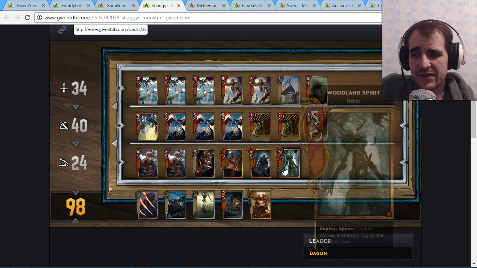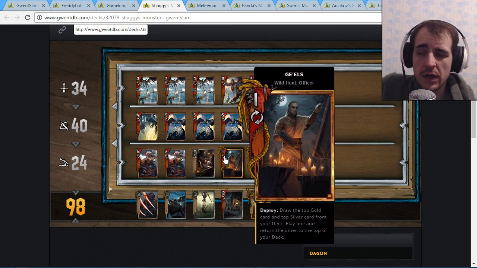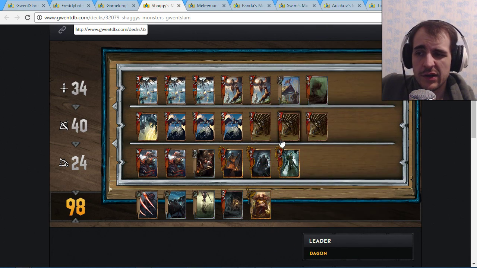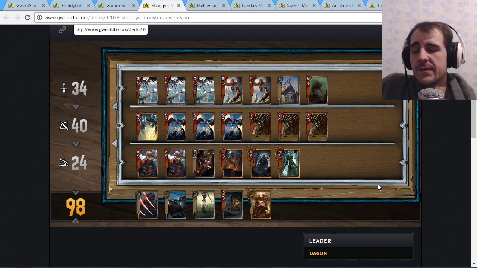Because you just Gals out Woodland Spirit. You're actually gonna get less value because Gals is only a 1. But Gals can also draw into Silvers. Whatever that is worth. Also, Shaggy seemed to prefer this Lacerate. And I can't disagree with that one. I guess you can get good value from Lacerate in this meta. So...